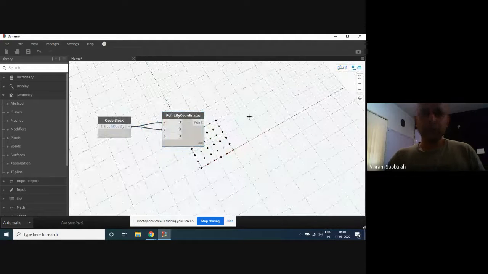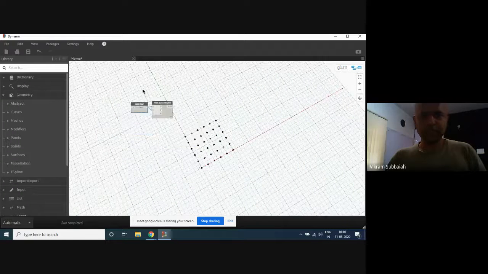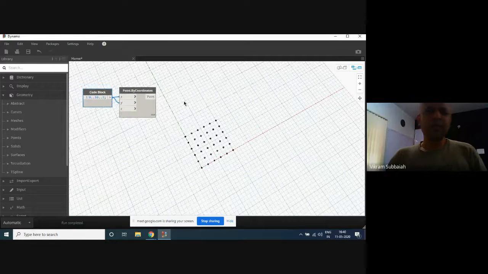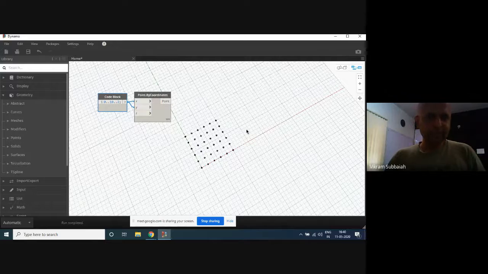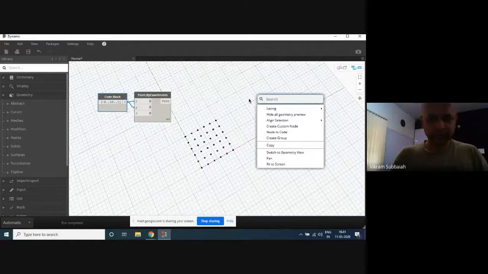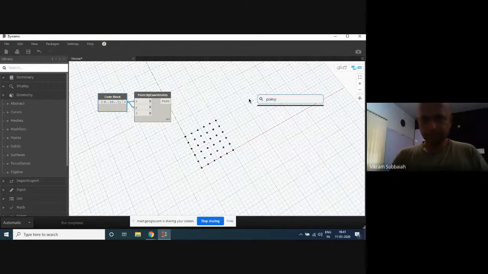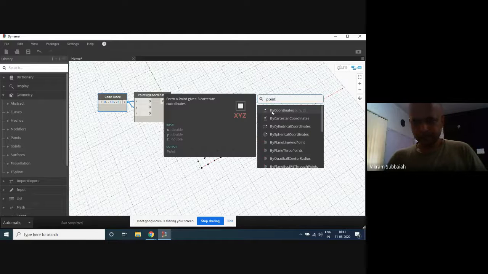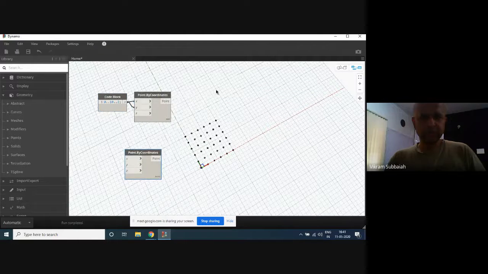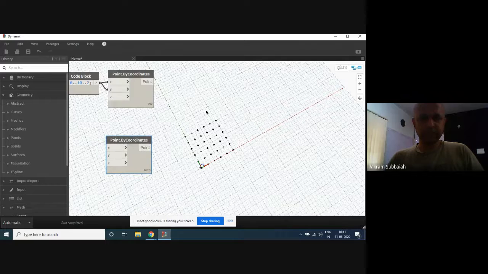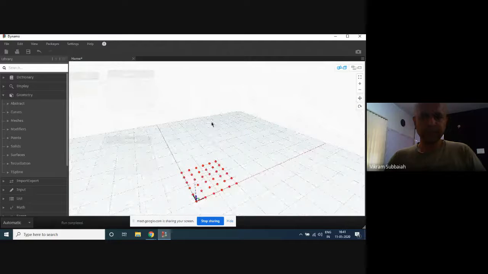Okay, now what I wanted to ask you was about when I said distort this thing. Now let's say I want to move these points slightly based on some other point. I'll just create one point now. Let's say I've got one other point which is right now at the center somewhere, at the origin.